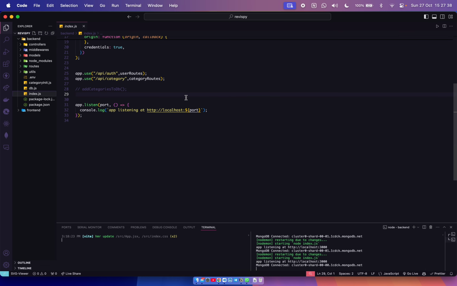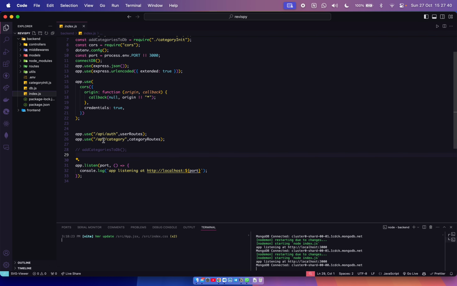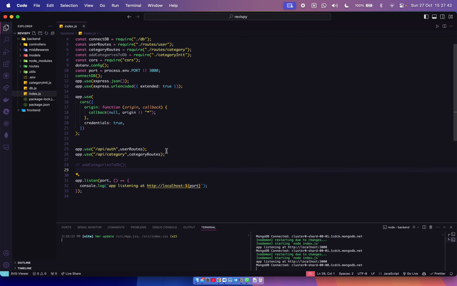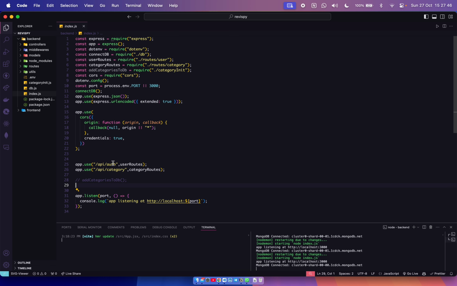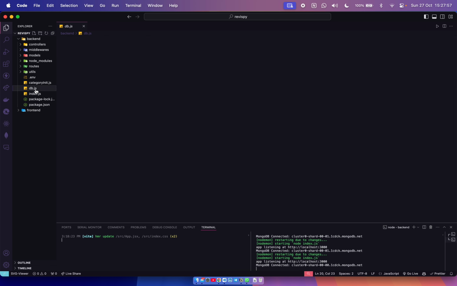So first of all, the index.js, what it will do, it will just create a simple server and connect to the databases, and it allows access or sending requests from the origin. After this we are having the db.js.